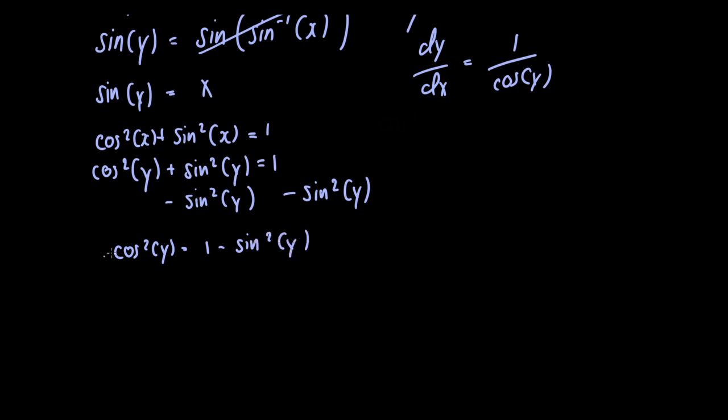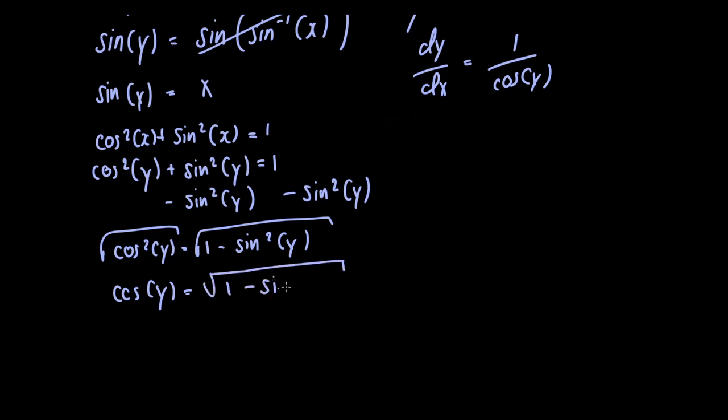Now let's take the square root of both sides. So we have cosine of y is equal to the square root of 1 minus sine squared of y. Now we can substitute this into our equation up here. So let's go ahead and do so. We have dy over dx is equal to 1 over the square root of 1 minus sine squared